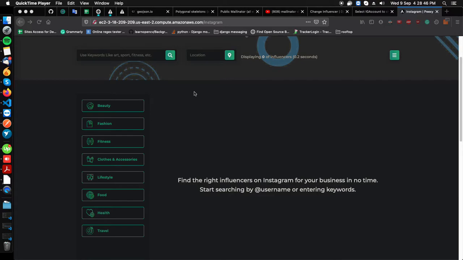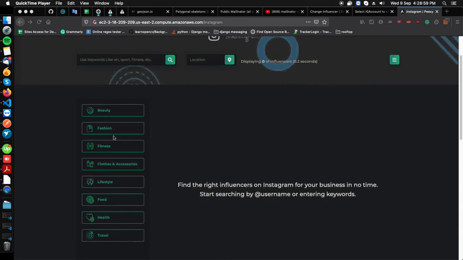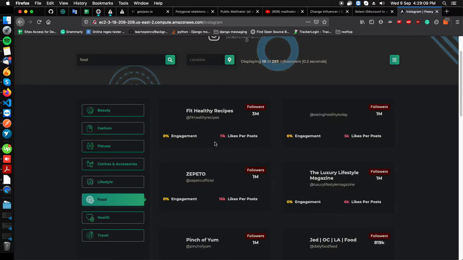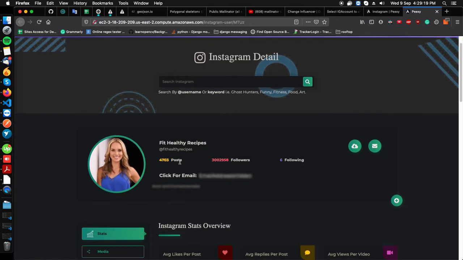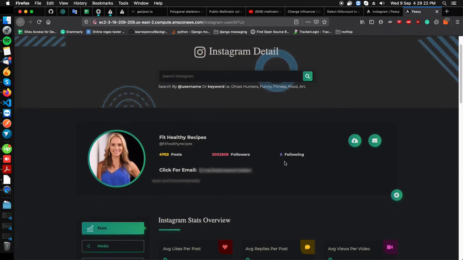This is a quick demo about Instagram scraping and how it works. We have multiple keywords that we process and record the data from Instagram. These are the keywords which have been processed already, and their data has been scraped and stored in the database. When we click food, or type it here and search, we get the influencer results, their follower counts, engagement and more. And we can see their profile, such as number of posts, number of followers, and number of following.